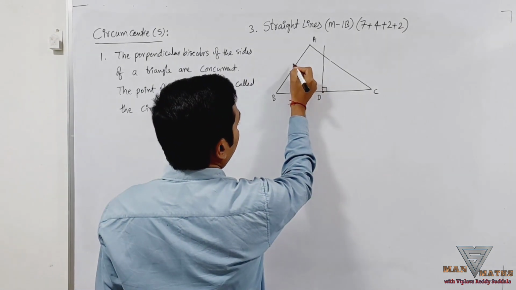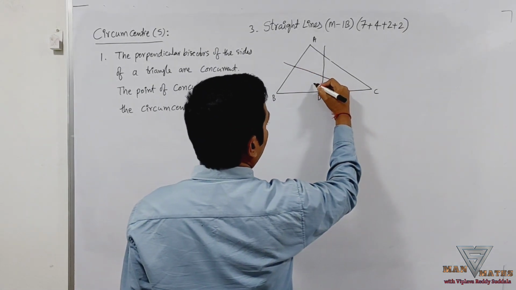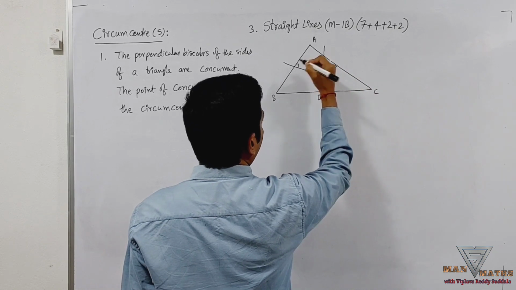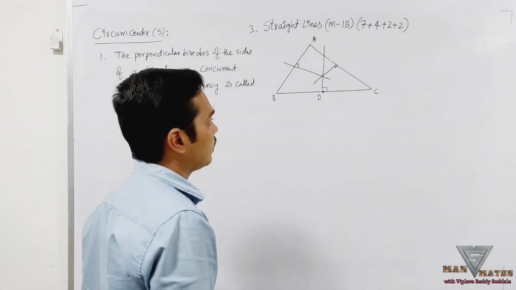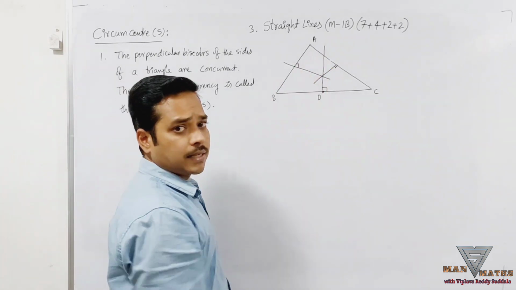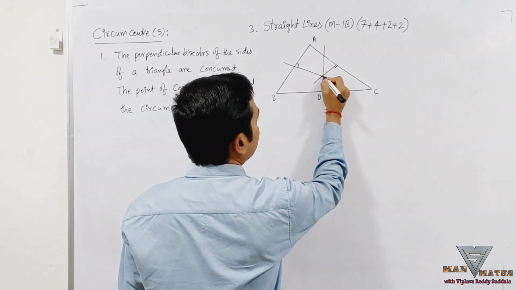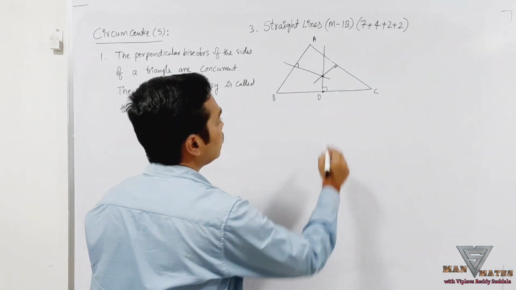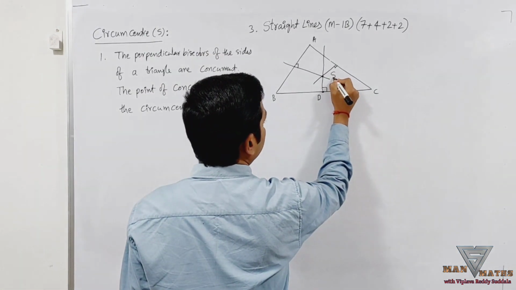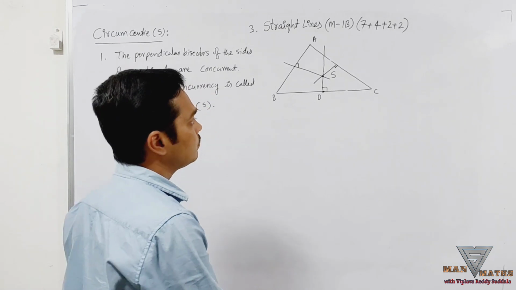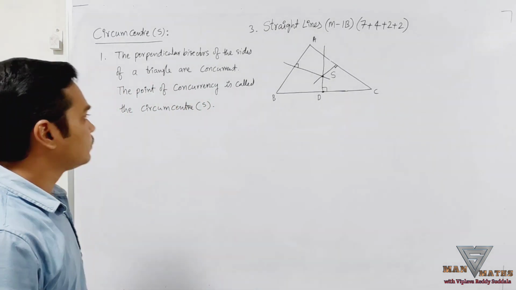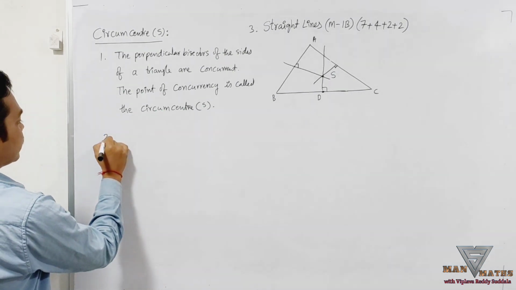This is one perpendicular bisector of side AC. Here, this is the perpendicular bisector of side AB. These three perpendicular bisectors are always concurrent, meaning passing through one particular point. The point of concurrency is called the circumcenter. Okay, this is the first main definition. Second one,